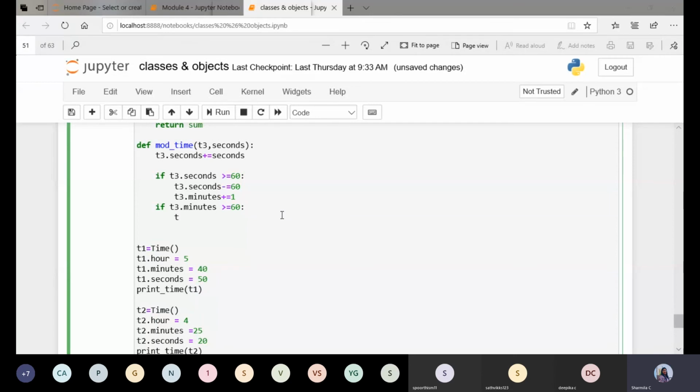What I need to do now is t3 dot seconds minus equals 60. Then t3 dot minutes plus equals 1. Then again, if t3 dot minutes is greater than or equal to 60, what I need to do is t3 dot minutes minus equals 60.